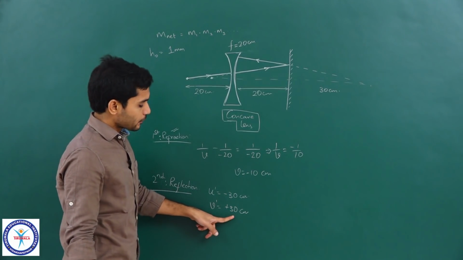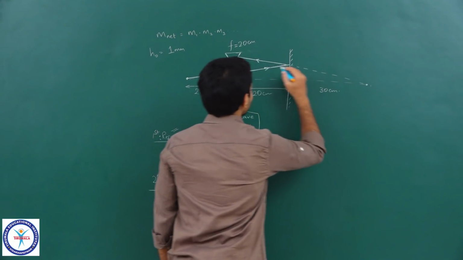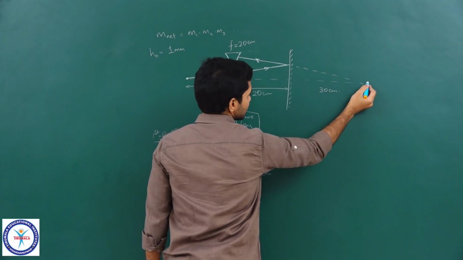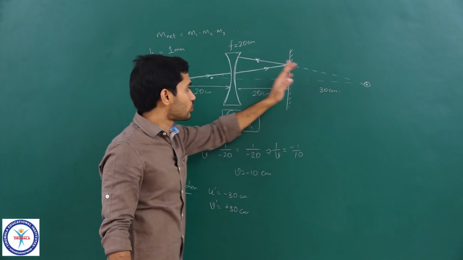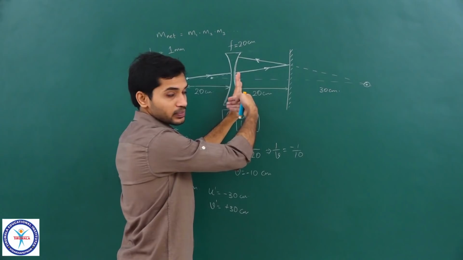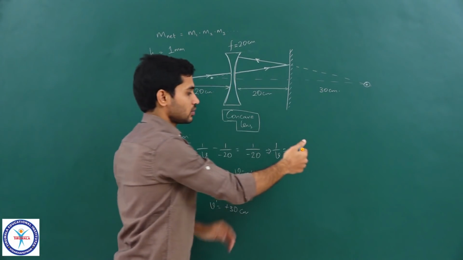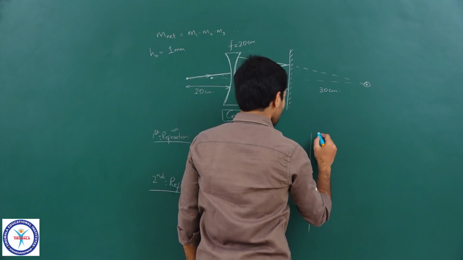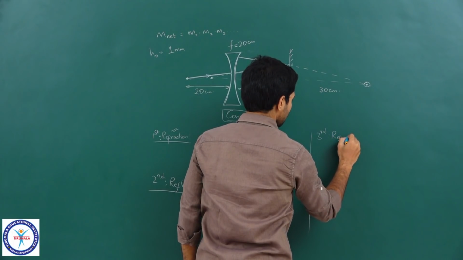Okay. So, now this is where the light ray appears to come from for the lens once again. This lens will now think that the light rays which are falling on it are coming from this position. Now light rays are coming in this direction, please keep that in mind, this direction is positive, clear. So, do not always think that this is the positive direction. So, third is once again refraction.